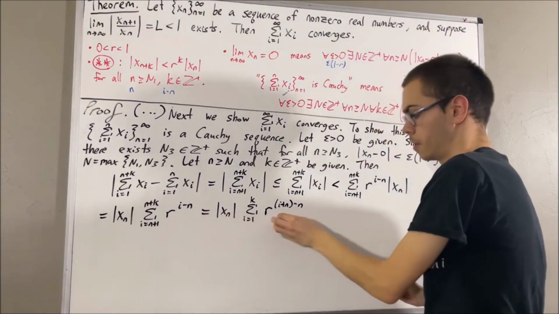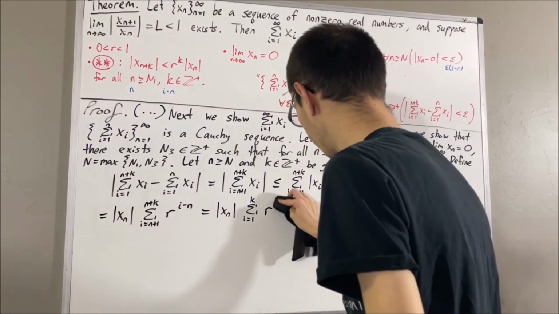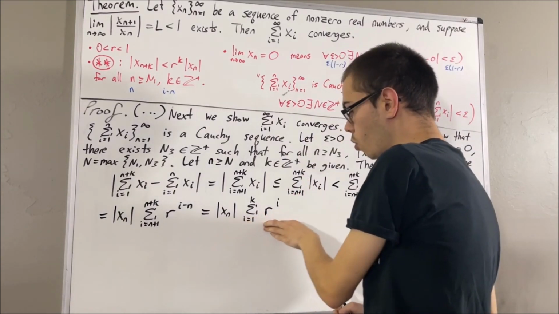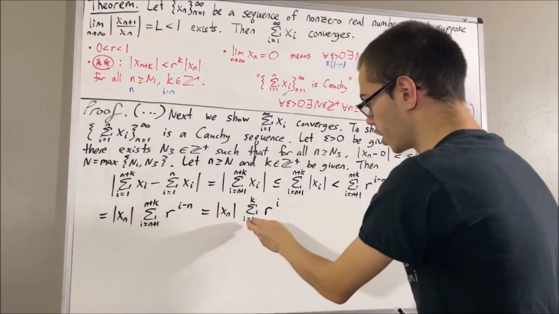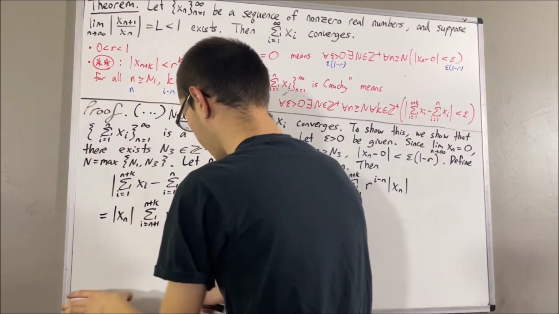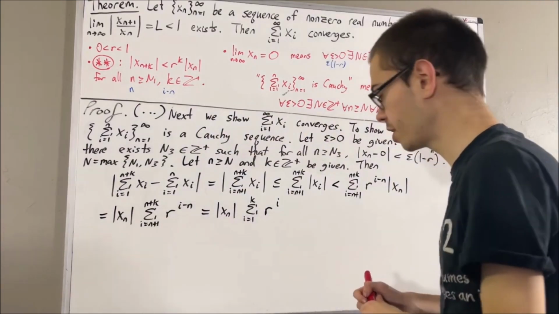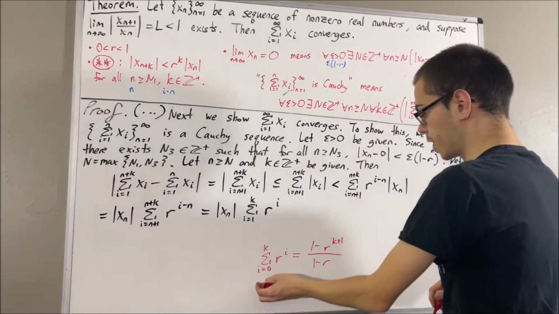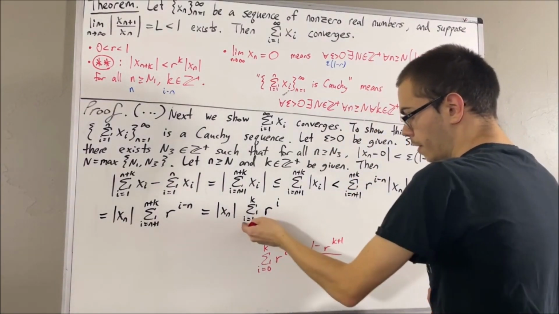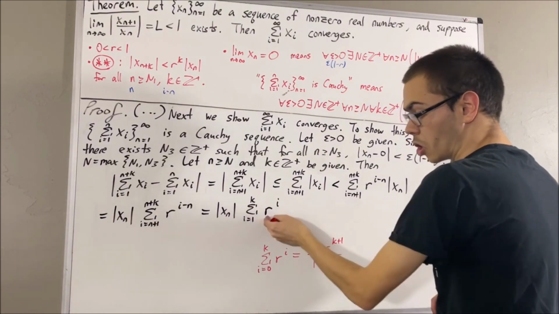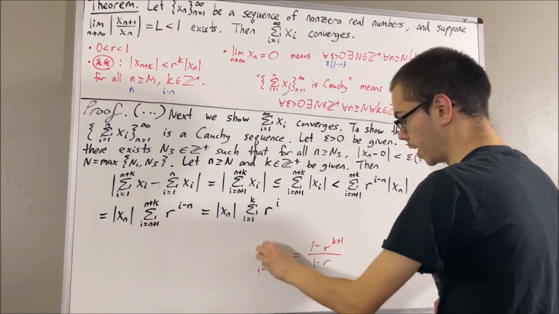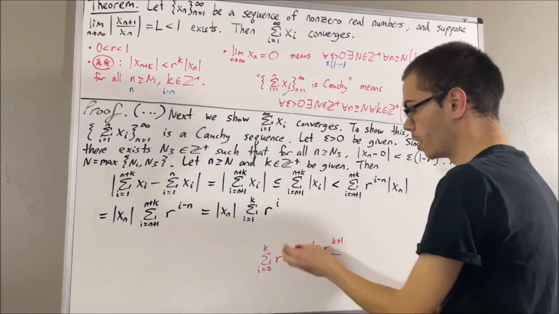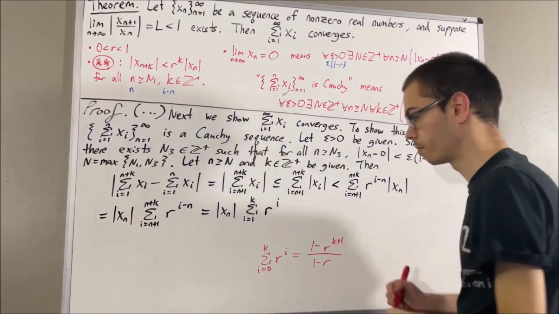So this is what we have, but this is just r to the power of i. So this is what we get. But we actually know what this sum is. If you recall, this is just a geometric series. And if you recall, the formula for geometric series is as follows. So this guy is just equal to this. Therefore, this guy is just going to be this minus r to the power of 0. Right? You're essentially just taking the sum, taking the i equals 0th term away. Well, r to the power of 0 is just 1, so this guy is just this guy minus 1.